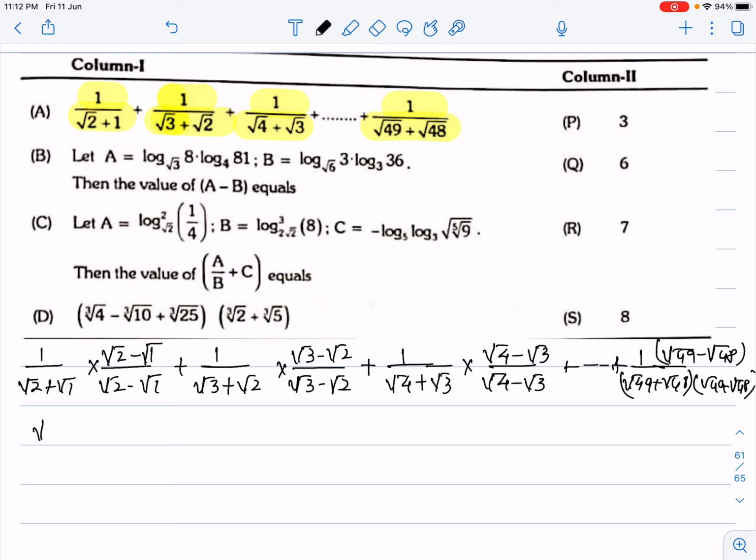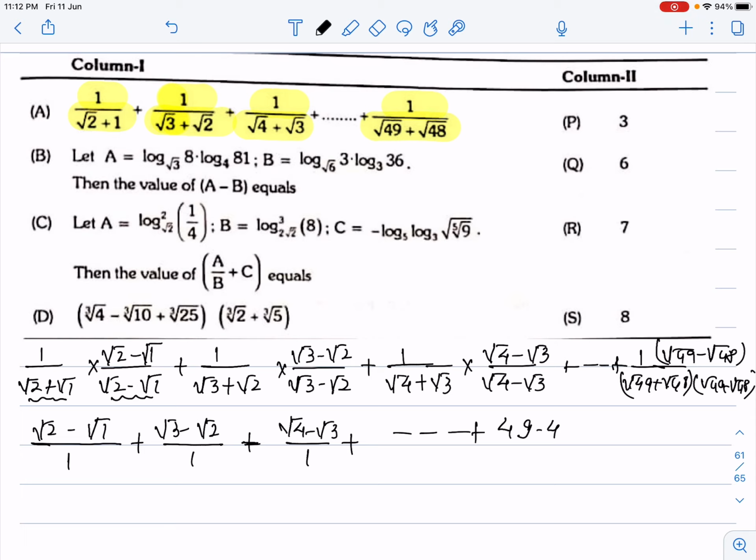Now my dear students, in the numerator I'll be getting root 2 minus root 1 whole divided by root 2 plus root 1 into root 2 minus root 1, that will be 2 minus 1 only. Then root 3 minus root 2 divided by 3 minus 2, 1 only, because we know a plus b into a minus b is equal to a square minus b square. Root 3 square will be 3 and root 2 square will be 2. Similarly root 4 minus root 3 divided by 4 minus 3, that is 1 only. Goes on up to root 49 minus root 48 divided by 49 minus 48,